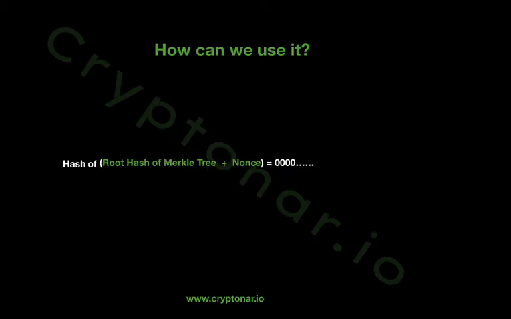So what happens exactly, in specific? What you want to do is hash the Merkle tree. With this hash, we add this random number that we call nonce, and we add them by simply writing them together, no magic at all. And then we hash it, and what we want on the right is this final hash that has this amount of zeros.